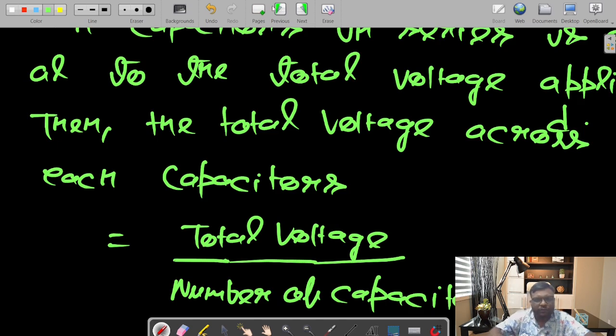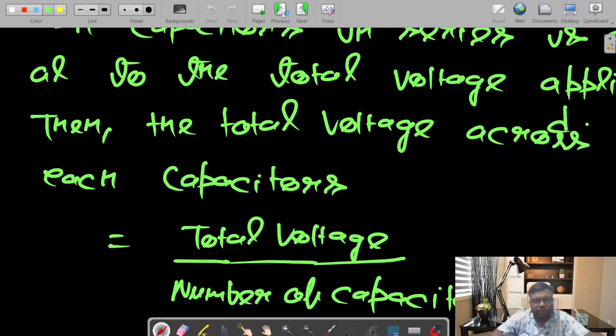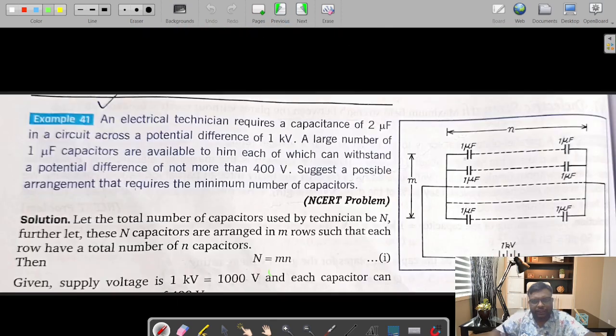So now we will proceed further. Here the total number of capacitors is small n, and the given power supply voltage is 1 kilovolt, that is 1000 volt. So we will proceed further. Here it will be 1000 upon n volt,